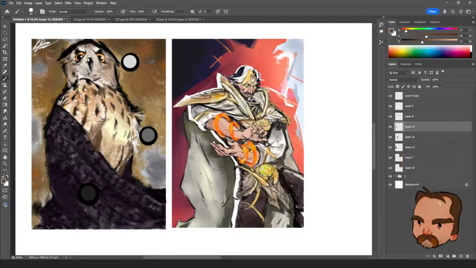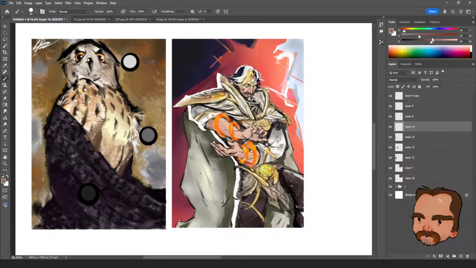The second one is interesting. I think it doesn't have enough of a value contrast. It feels like nothing is lit. You know, should these arms have some kind of obvious shadow side versus light side? Maybe you don't want that. Maybe it's a very graphic image. But I think that more obvious value contrast would